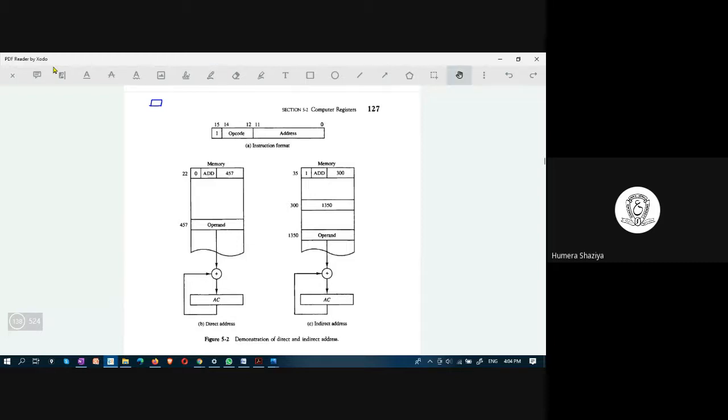Suppose you have a key. Suppose you have one locker at your home where you keep all your important items. And there is a key of the locker,